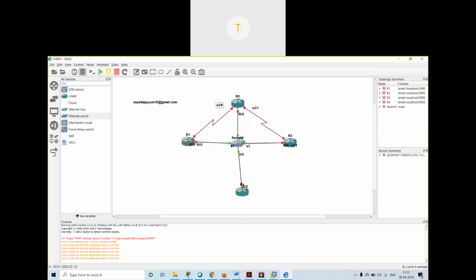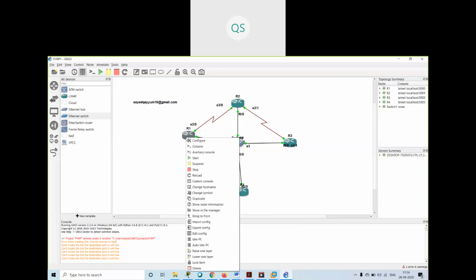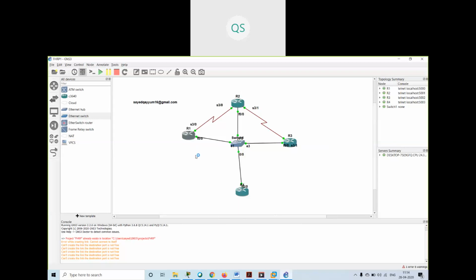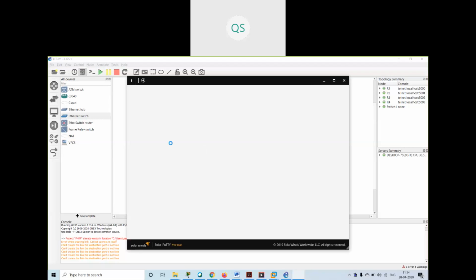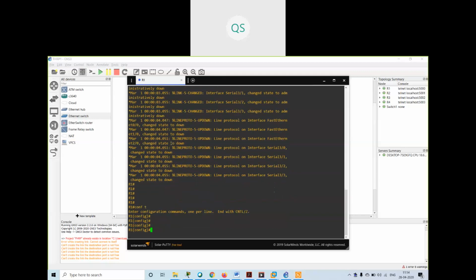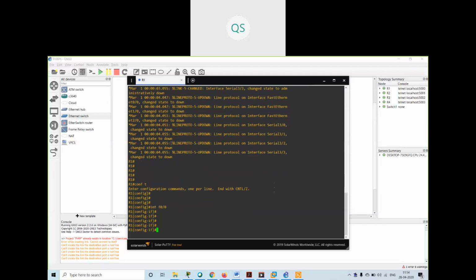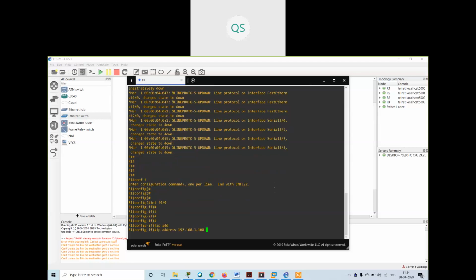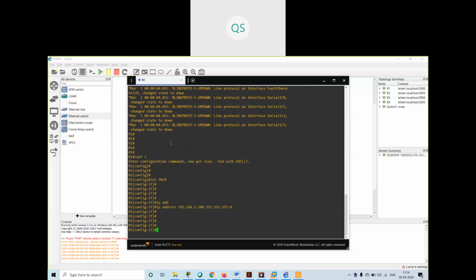Okay, this is the topology. Interface FastEthernet 0/0, IP address 192.168.1.100 255.255.255.0, no shut.